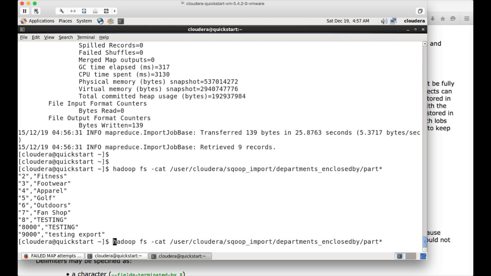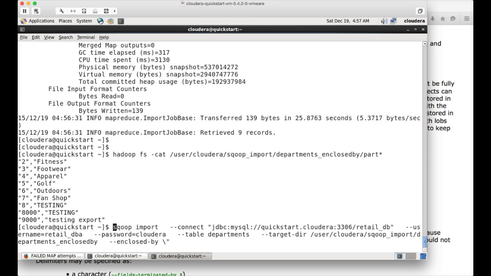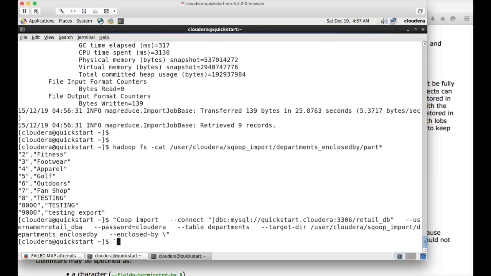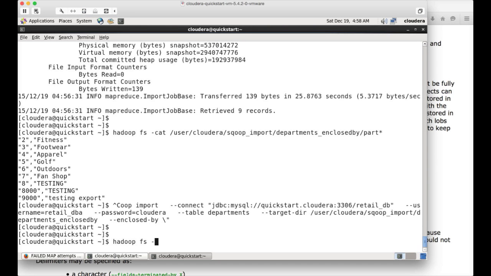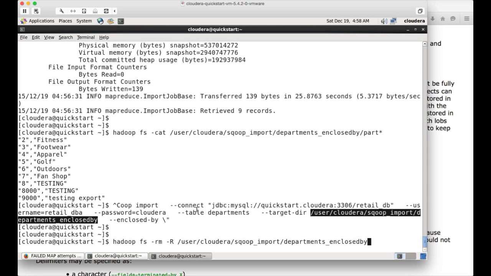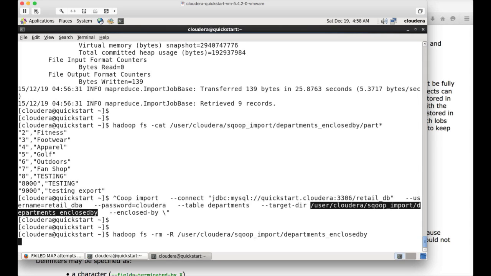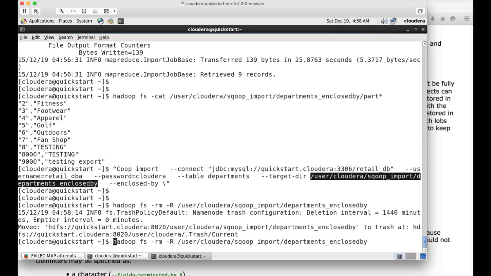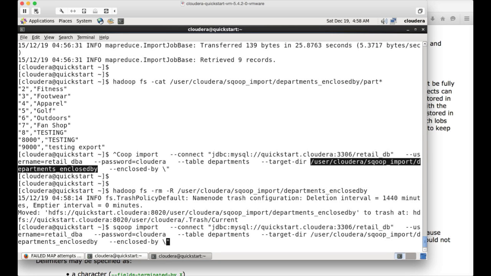the same command. Let me delete the data. hadoop fs -rm -R. I am deleting this directory. Copy, paste, and hit enter. And then Sqoop import. I am leaving enclosed by like that only. And then fields